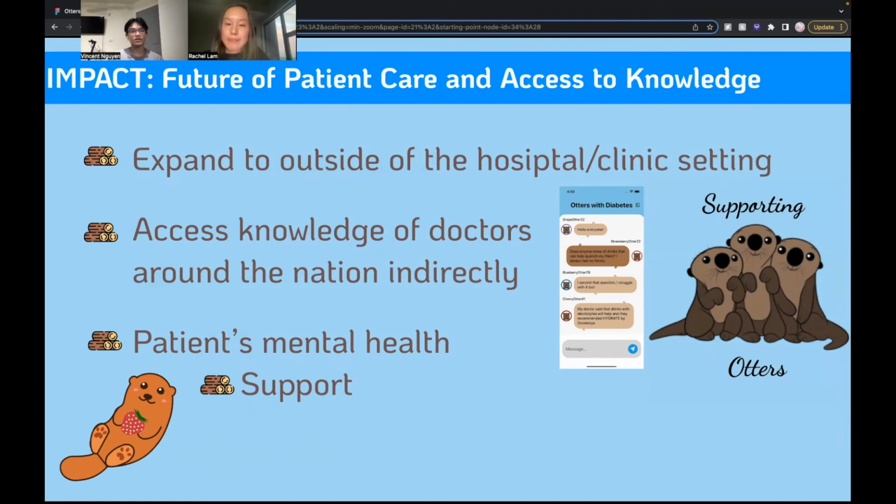While the app improves patient care, it can also allow patients to access knowledge of doctors around the nation indirectly. How does that work? Well, this national app allows doctors to invite patients to group chats for their own specific disease. Patients in the group chat are welcome to share knowledge that their doctors have told them. Sometimes this knowledge might not have been mentioned by other patients' doctors. Hence, the group chats become a team effort with every patient contributing slightly to the knowledge of the